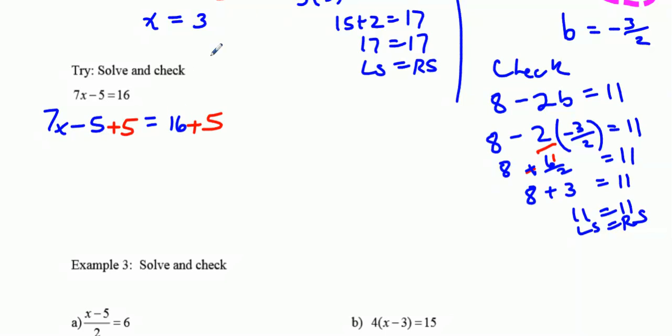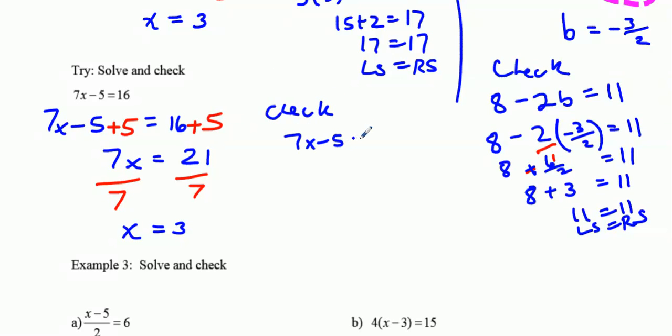Okay, and then this leaves me with 7x on this side and 21 on this side. And of course, when I try and undo the operation that has been done to the x, that's multiplication of 7. We're going to divide by 7 on both sides, and we end up with x equals 3. And when I check that one,